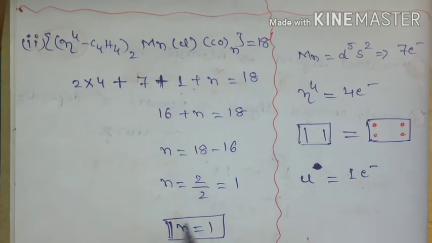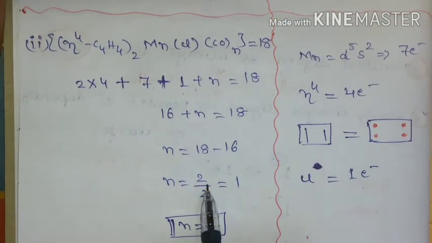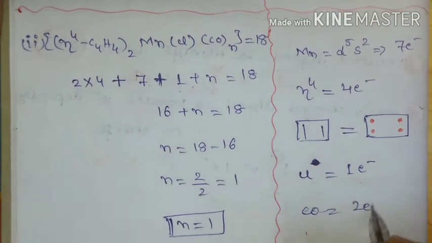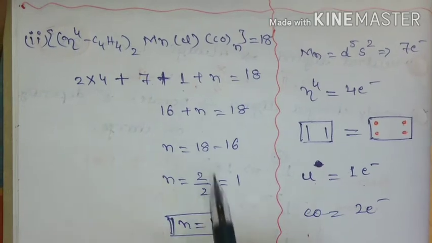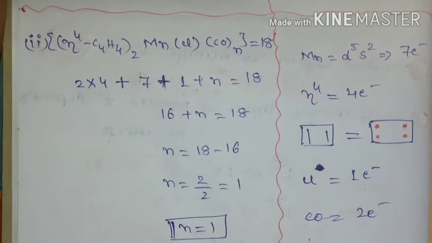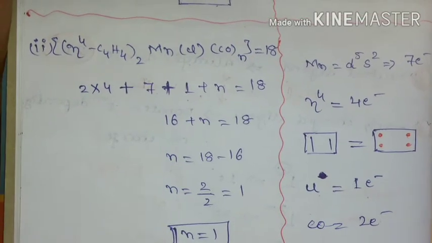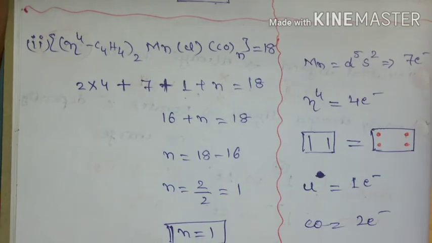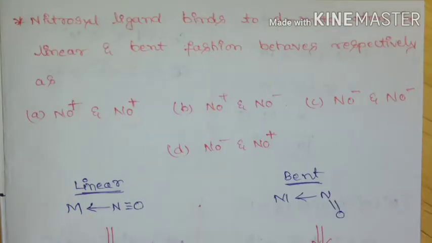If we substitute and subtract, we are going to get n equal to 2, and since we know CO is going to contribute 2 electrons, we need to divide by 2, hence we are going to get the value n equal to 1. So this is the case if they ask to predict the value of n. And the next question is,